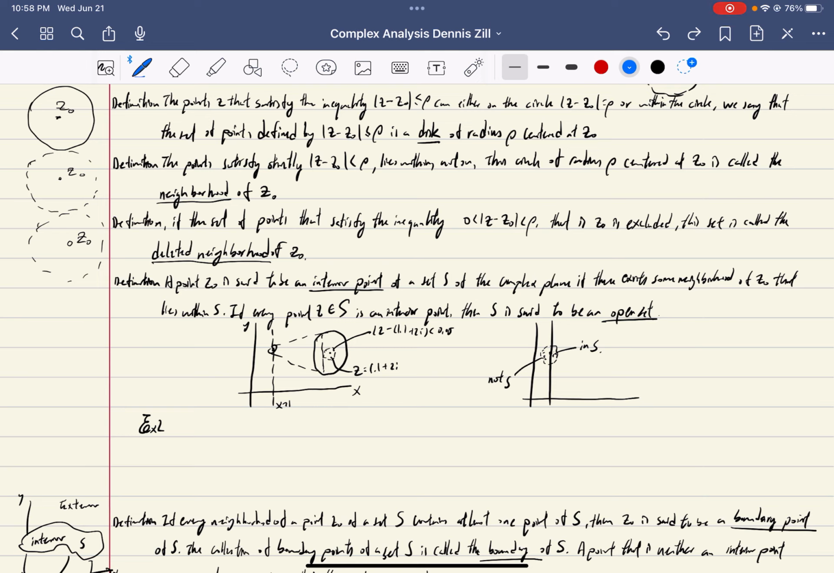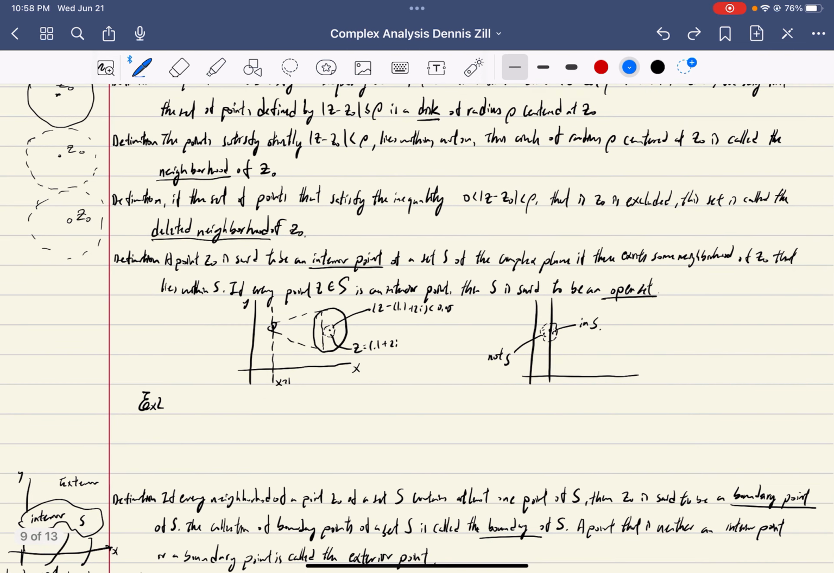Excuse me. Definition: if the set of points satisfy the inequality 0 less than |z − z0| less than rho, that is, z0 is excluded,